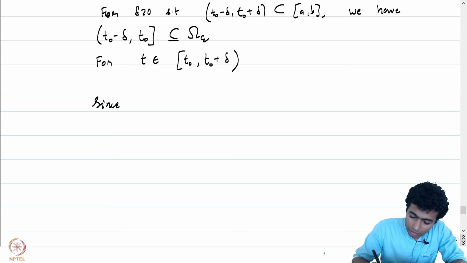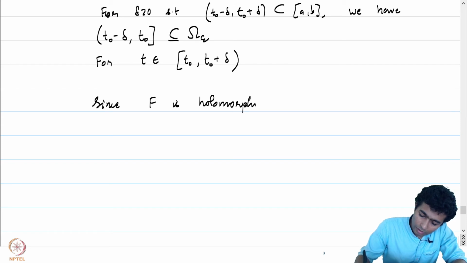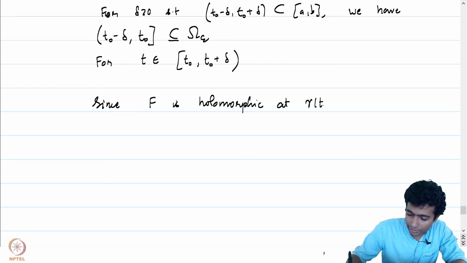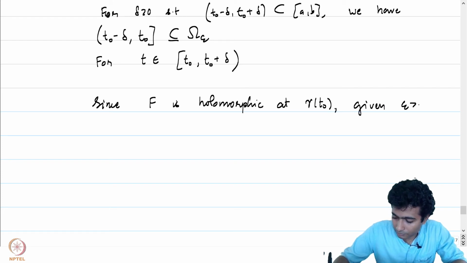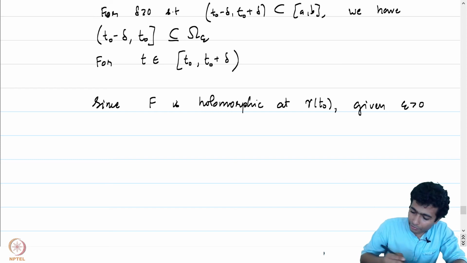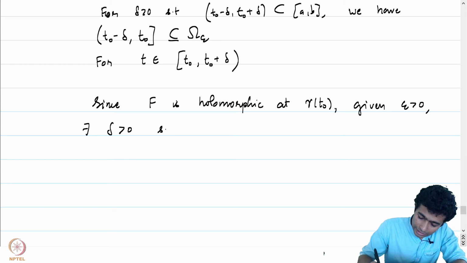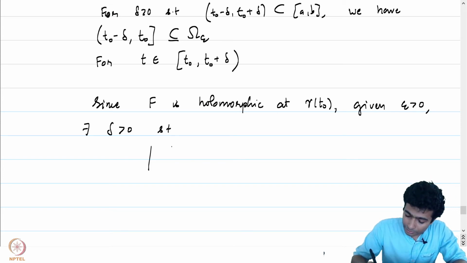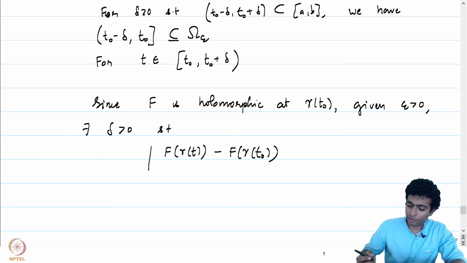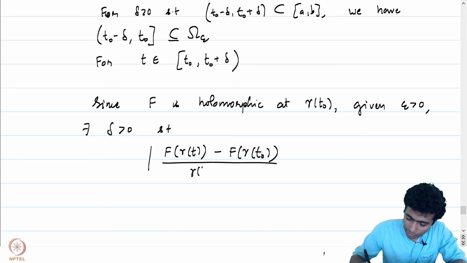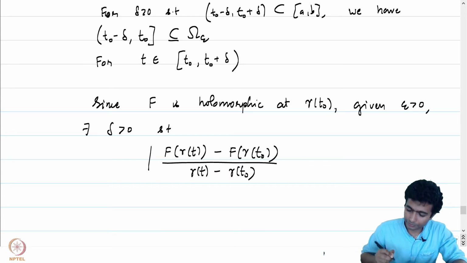Since F is holomorphic at gamma of t naught, given epsilon positive, maybe we will change this epsilon later according to our requirement. Let's see. Given epsilon positive, there exists a delta such that the Newtonian sums, capital F of gamma of t minus capital F of gamma of t naught by gamma of t minus gamma of t naught,